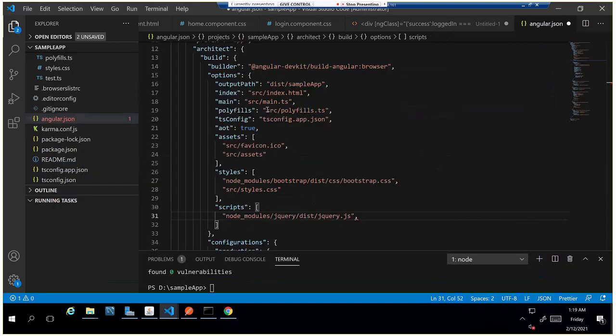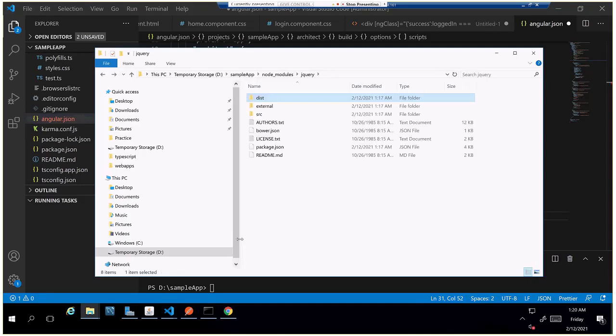The import order is also important. We cannot import the Bootstrap JS files first and then jQuery. First we have to import the JavaScript library, jQuery, then we import the Bootstrap JS file. Then only things will work fine. Otherwise, it will not work.